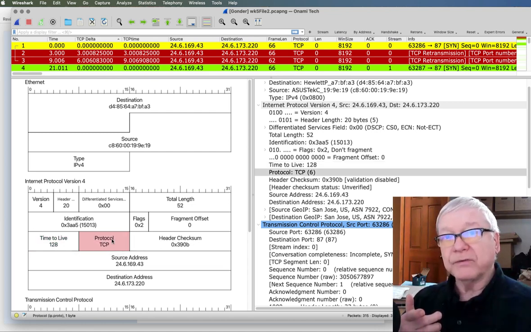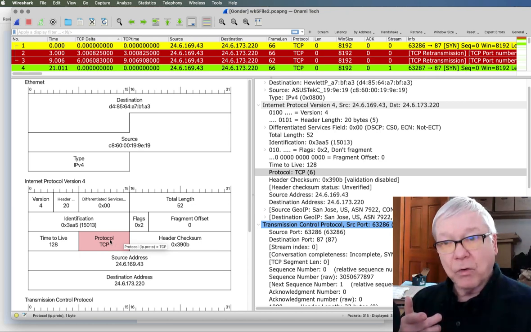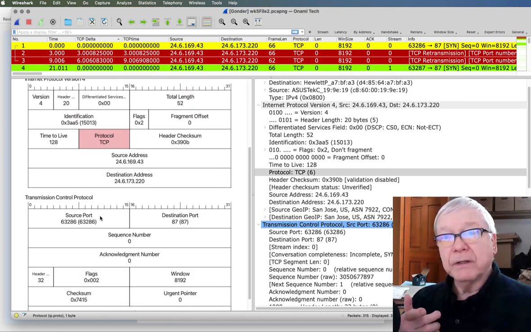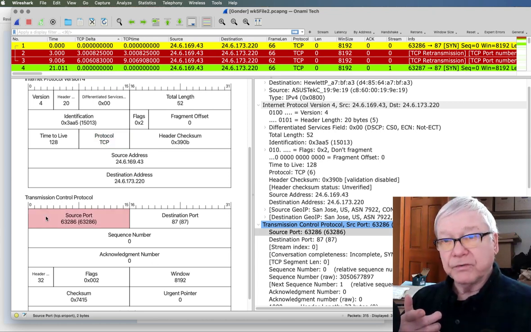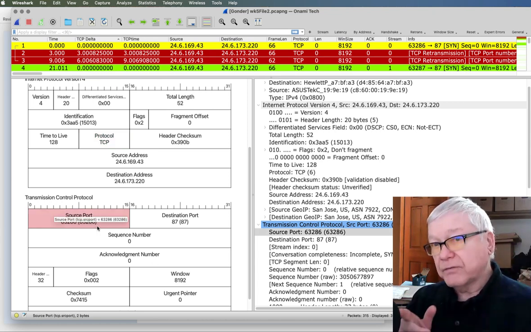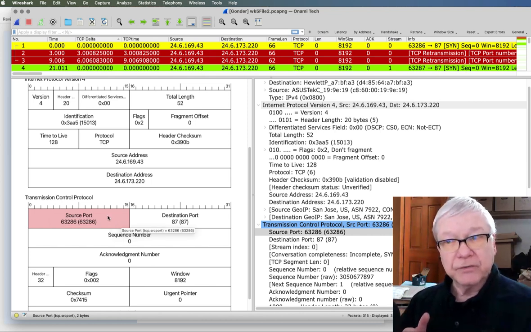What protocol is inside this IP packet? That's going to tell layer 4 how to interpret the following section of the data stream. The ones and zeros at this data offset position will represent our source port.